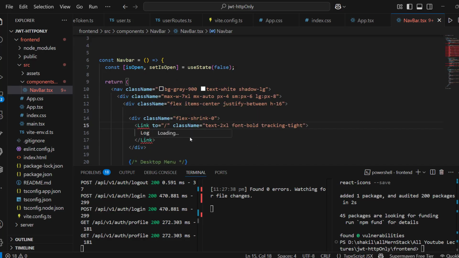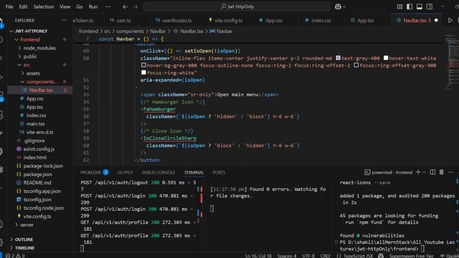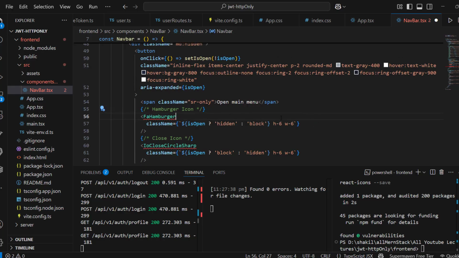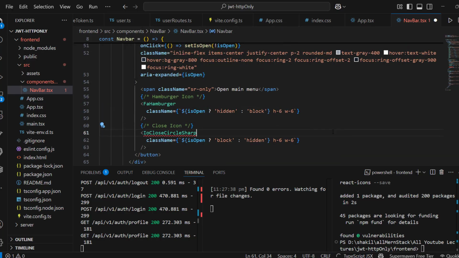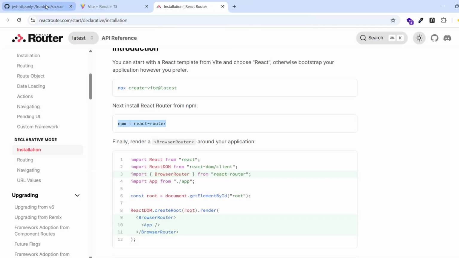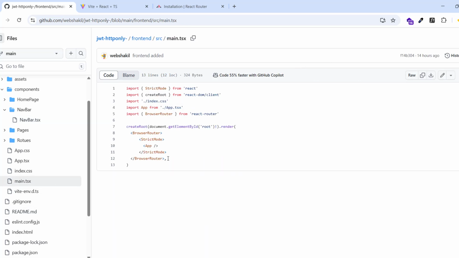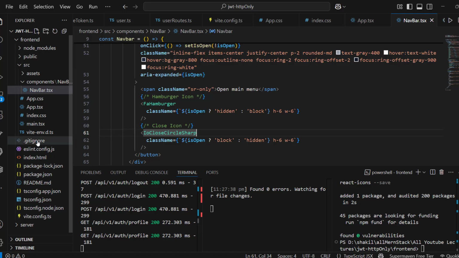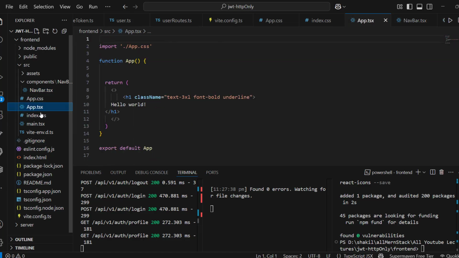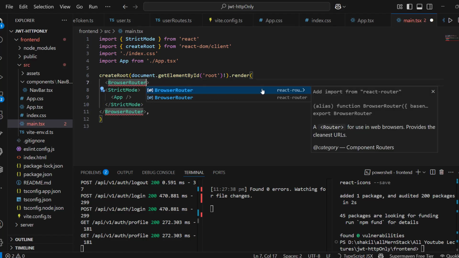So now bring the link, React Router. Okay, and we need React icons. Not only that, we need to have BrowserRouter. So I am removing it. We need BrowserRouter in the main.tsx. This is the React Router convention. So in main.tsx, go over here, BrowserRouter,